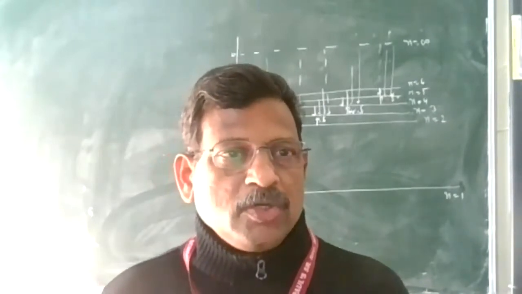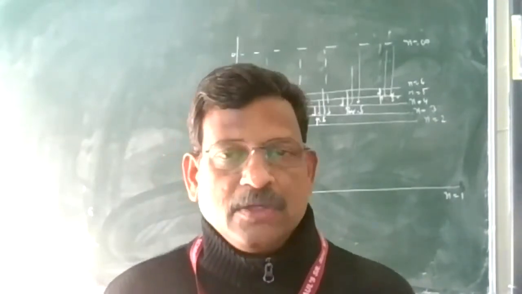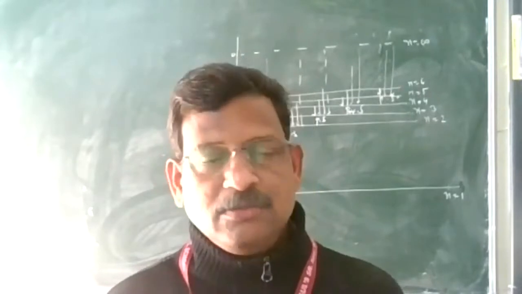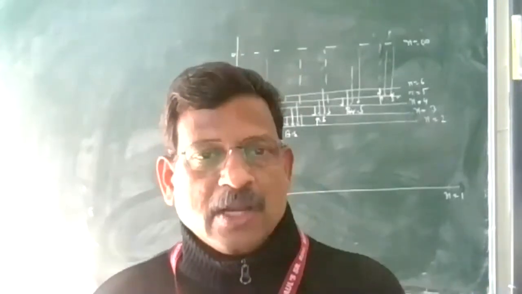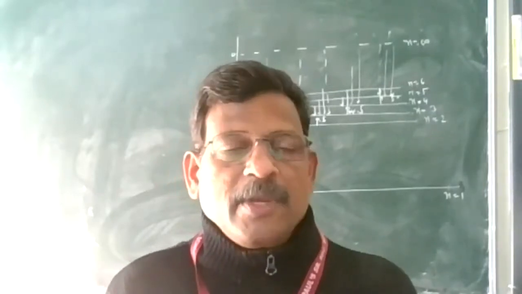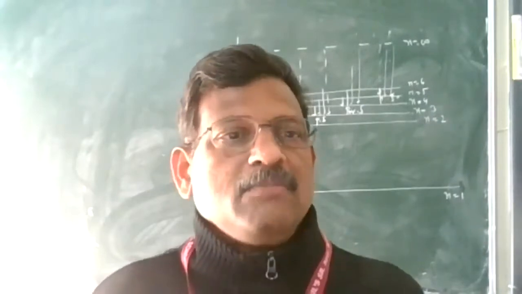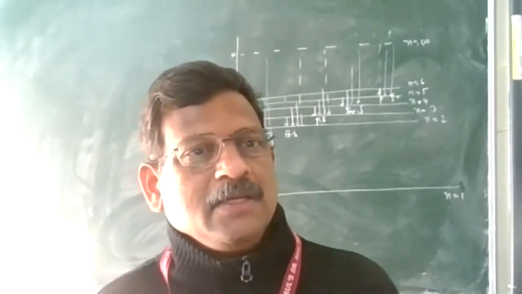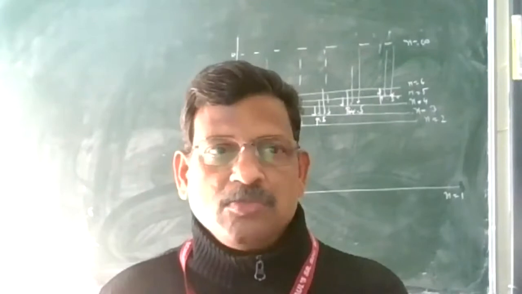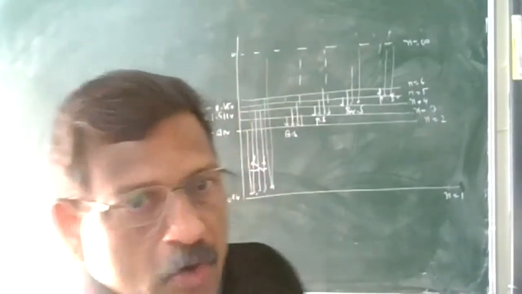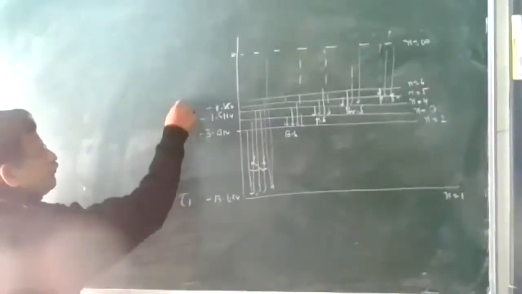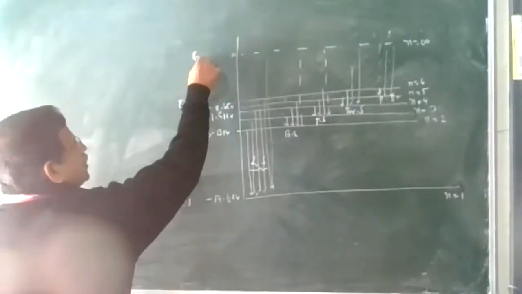So the energy sufficient to take an electron from an inner orbit to any outer orbit is called excitation energy. And the potential difference that you apply, the accelerating potential sufficient to take the electron from an inner orbit to any outer orbit, is called the excitation potential. If you calculate the excitation energy, you can calculate the excitation potential. So how will you calculate? We can just see, for example, the values are E1, E2, E3, E4, and up to infinity. These values you have to remember.